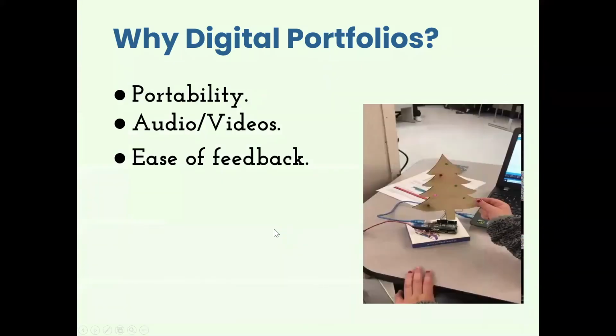This is actual video of a project we do. It's a Christmas tree light, and they program the flashing of the lights with an Arduino. In the picture, you can see that a couple of lights are on, but in the video, you can actually see what the flashing pattern is. So you're capturing more of what they've done than even a picture can provide,